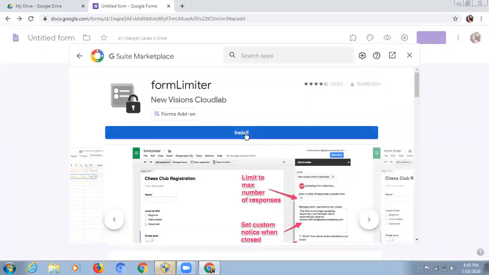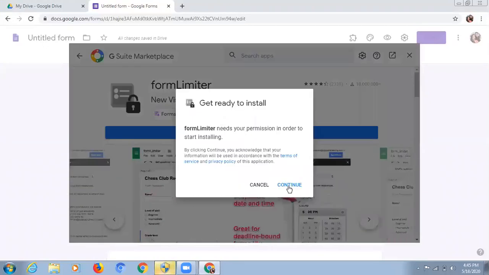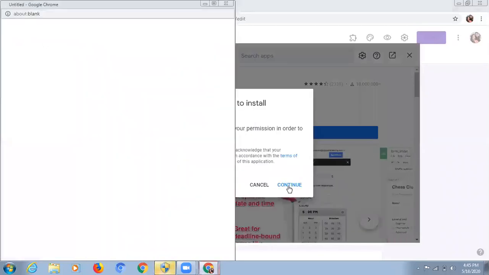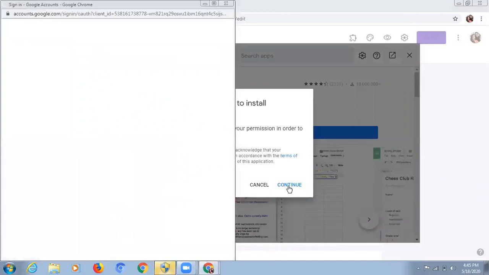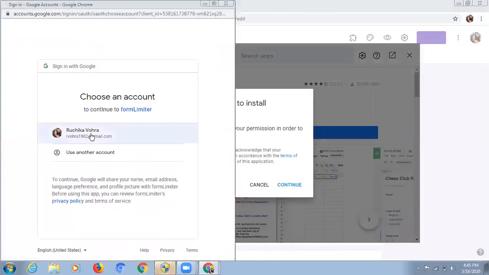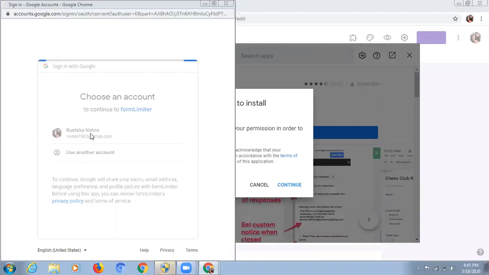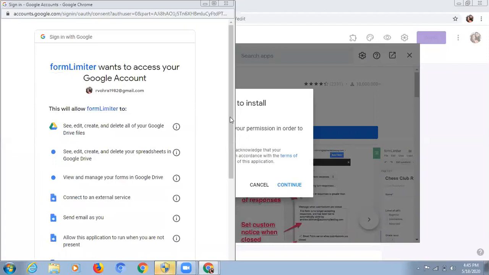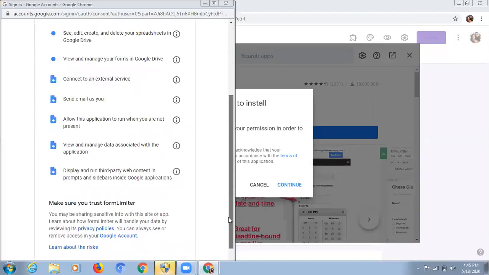So you click on install. Click on continue. Go to your account. Click on allow.